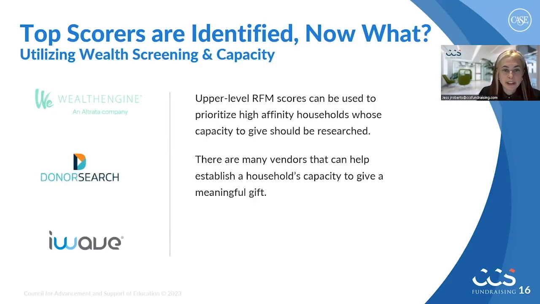To make your analysis as robust as possible, we suggest layering on RFM scores with the ability to give, which is achieved from wealth screening. There are different screening vendors that provide capacity estimations, as well as biographical information and giving history. It's crucial to consider not only gift capacity, but also the source of an individual's wealth. For instance, if their wealth primarily is in stocks, targeting them for a stock gift may be the most appropriate